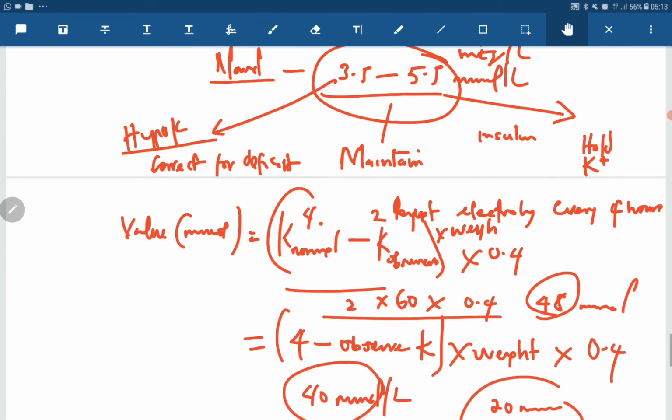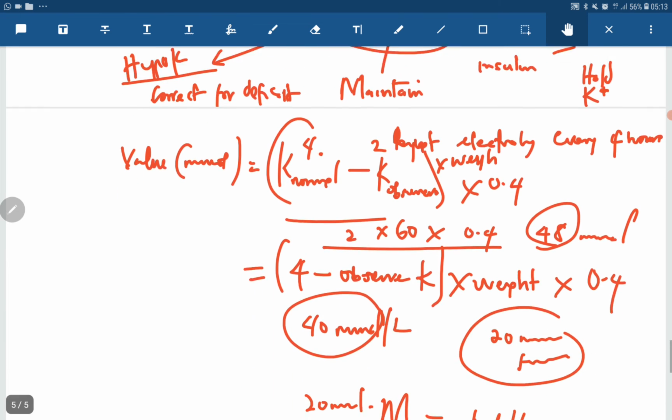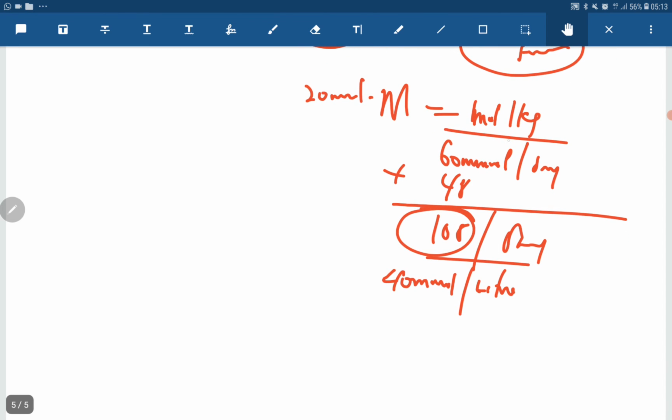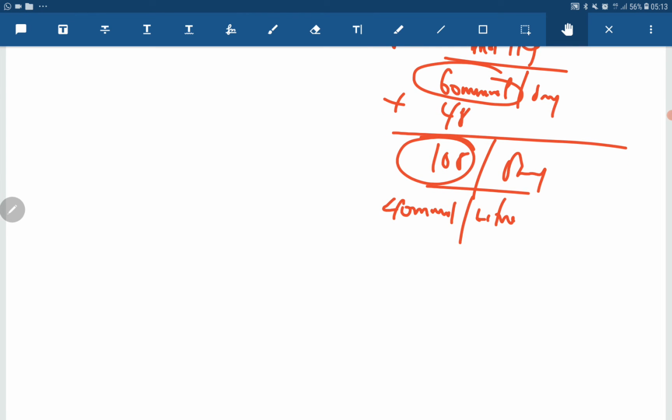So, that's for a patient who has had values less than 3.5. But if it's between 3.5 and 5.5, you maintain. And what do you maintain with? In a patient with 60 kilogram weight, you have 60 millimole. So in this case, you can give 20 millimole